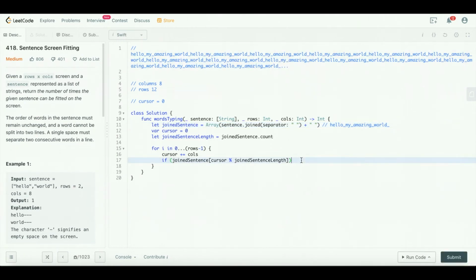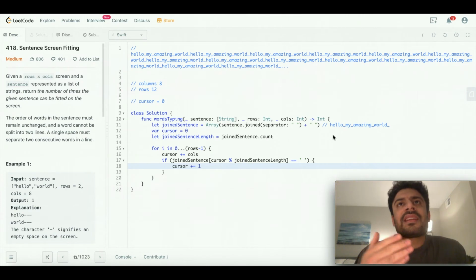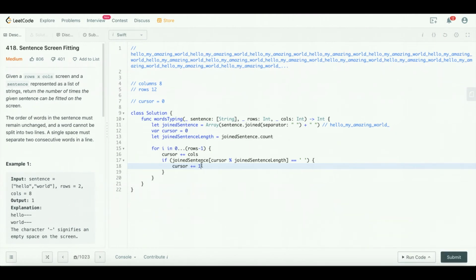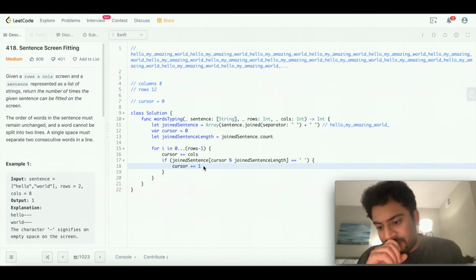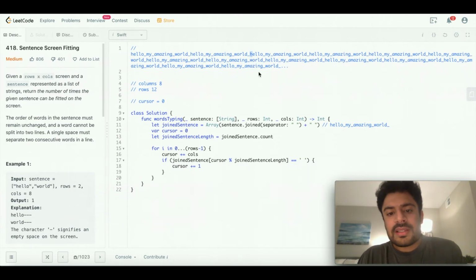Cool. So as I said, first let's check if we landed on a space. If we did, we will increment our cursor by 1. Now this is a detail that is easy to miss, easy to overlook, but it gets tricky when you actually think about this increment. Why did we do this plus? It was basically to move on to the next letter, right? We do 1 plus because